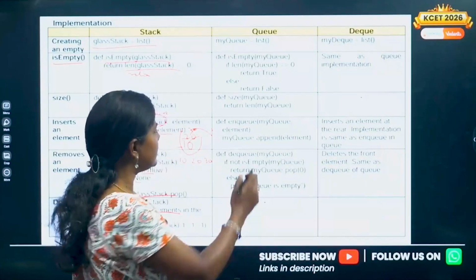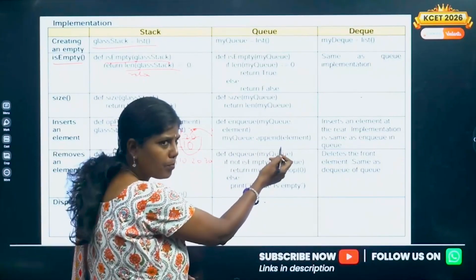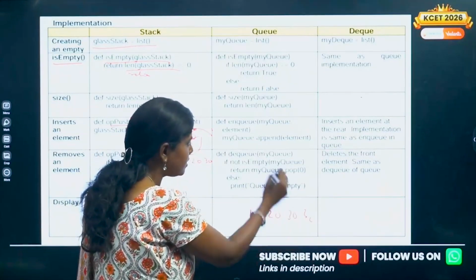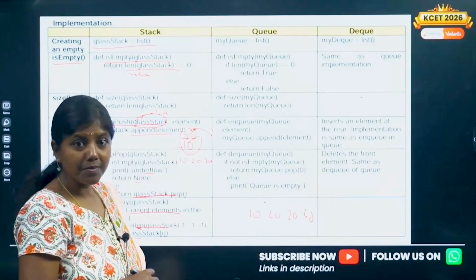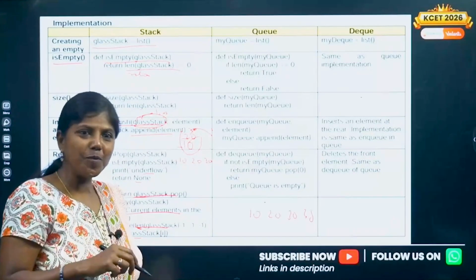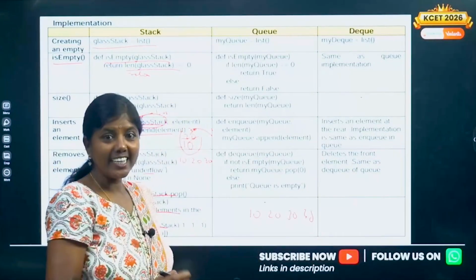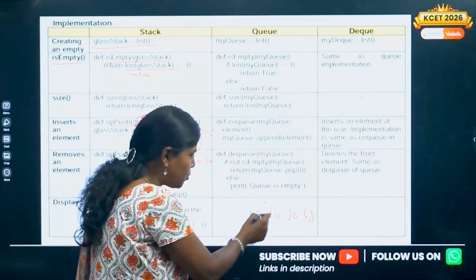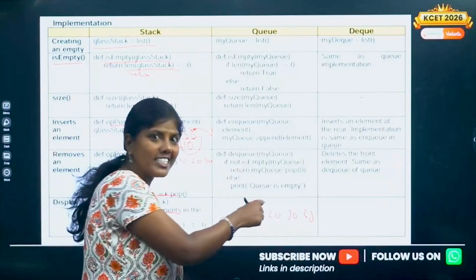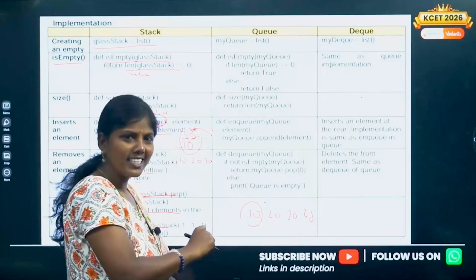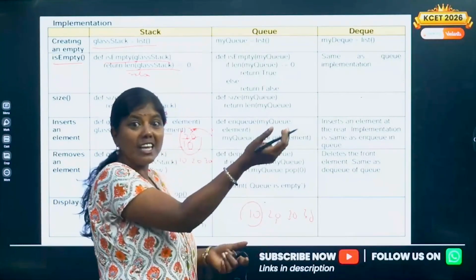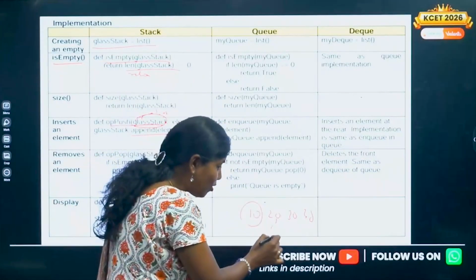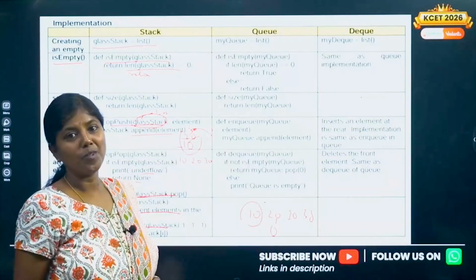You can see here, enqueue: myQ element, you're going to append it. So I'm going to take 10, 20, 30, and I want to insert an element. Here also it is appended, the same thing, not much difference. While popping, which one are you going to pop, 10 or 30? 10 should be removed, no? The person who is standing first should be served first. That means this should be removed. How do you remove this? If I remove this, that means the first element in the queue always. How do you represent the first element in the queue? It will always have the index 0.